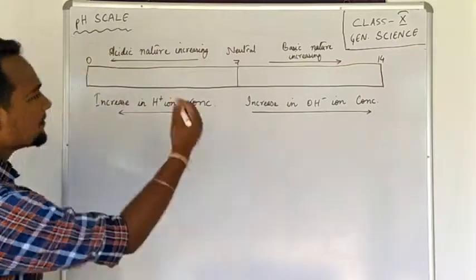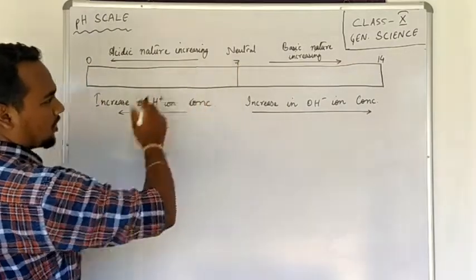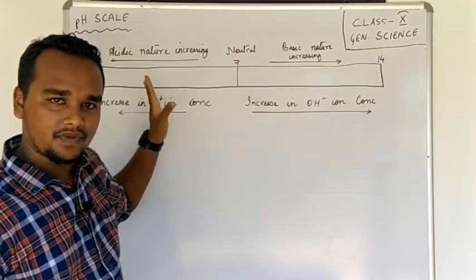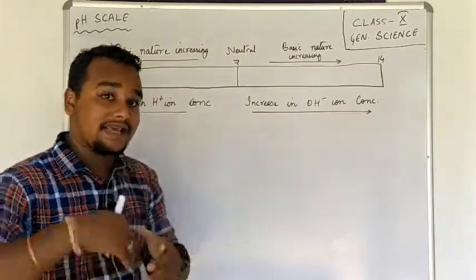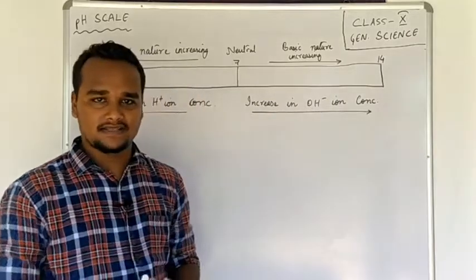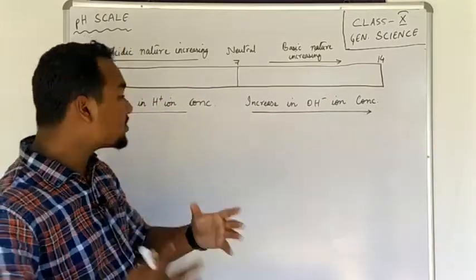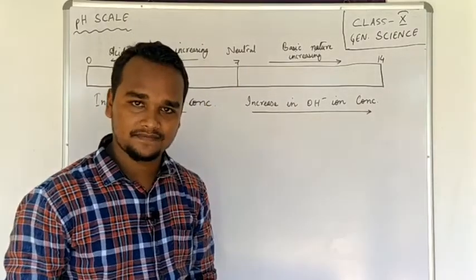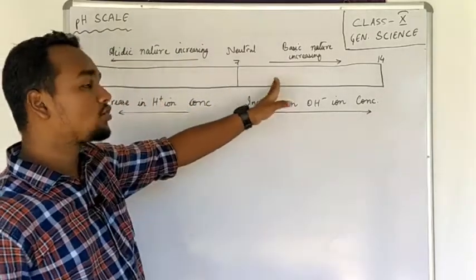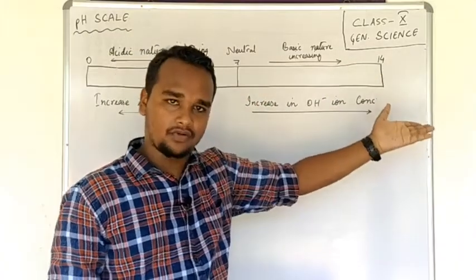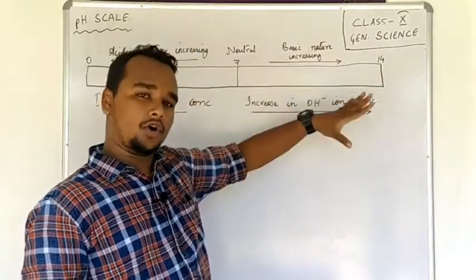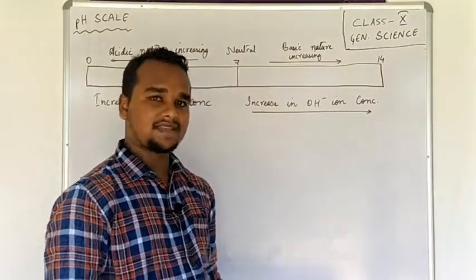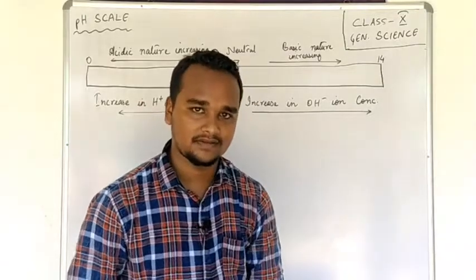Clear? So less than 7, as the number decreases, when you go from 7 to 0, the acidic strength increases. As we go closer to 0, the acidic strength will increase. And as we move towards 14, the closer we are to 14, the basic strength will increase in that manner. For example,